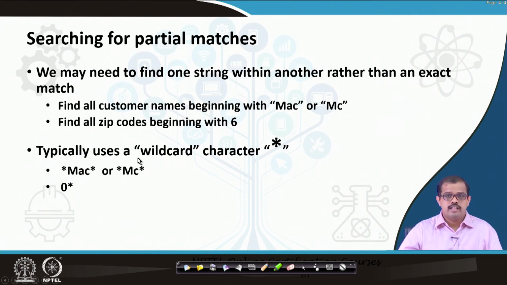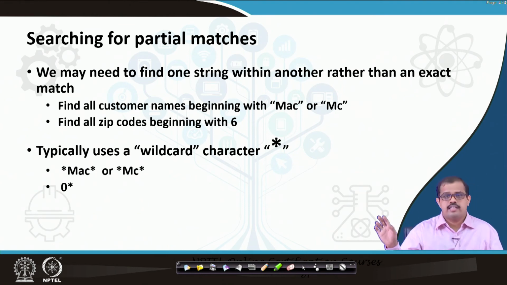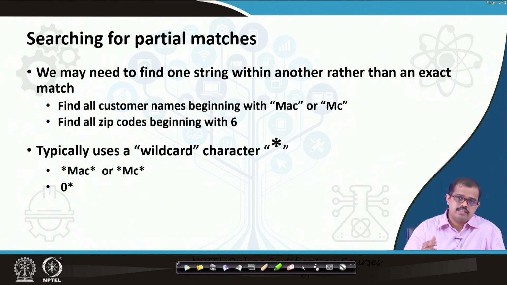It means star MC star, which means anything that is previous to MC and anything that is after MC, list all of them wherever MC exists, even in the entire list. If there is something like Gunshekaran MC, a continuous name, it will list it. Even if it is an MCA degree, because MC occurs there, it also lists MCA. That's how you can look at the partial match, then select whichever data you need.